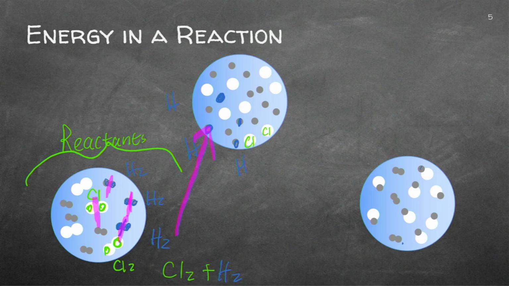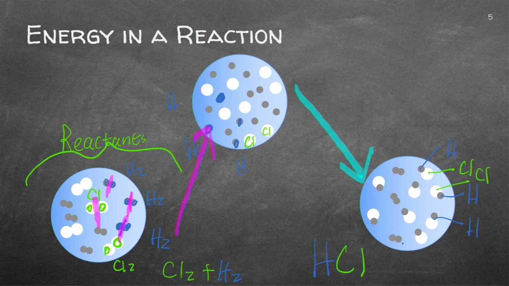Can you see here? I've got an H bound to this chlorine there. So now you've formed HCl. What happened here is that there was a release of energy. So I put in energy and I released energy. And if we do not have that, a chemical reaction will not happen.